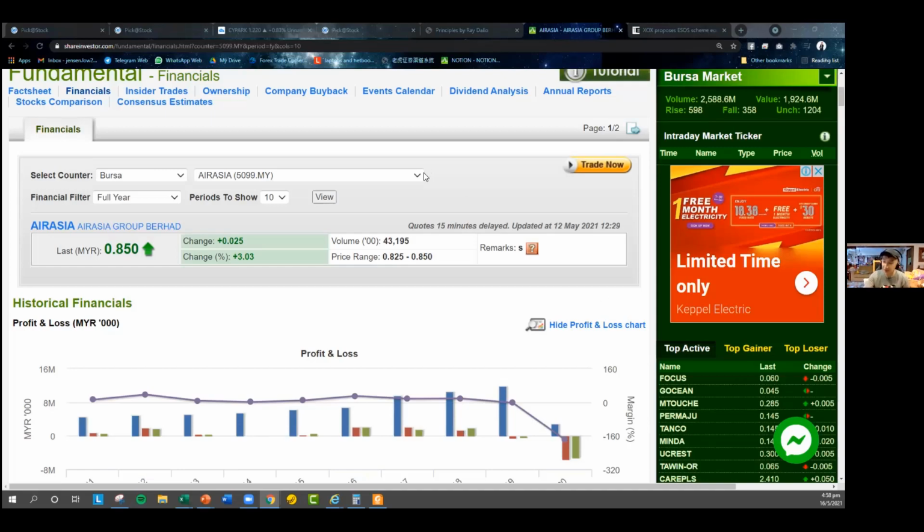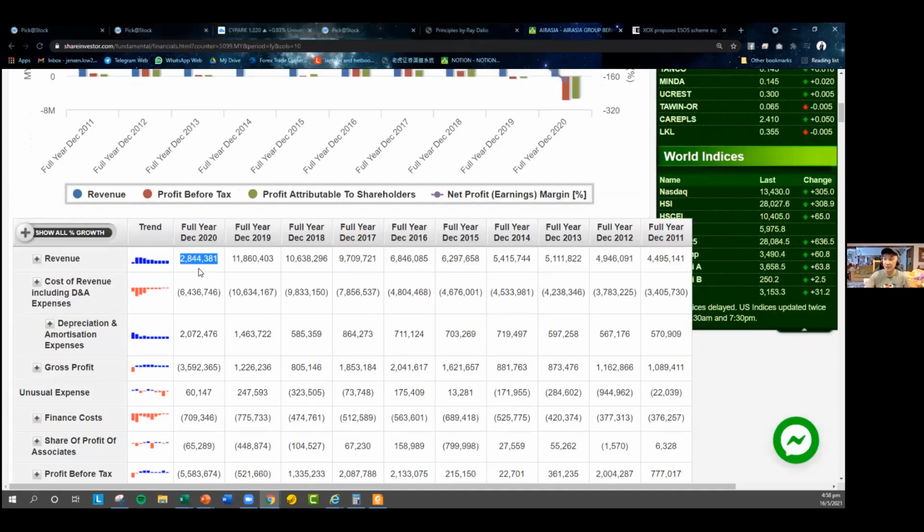Okay. So obviously they are not doing so well because they have no business. But hey, still got 2.8 billion in 2020, right? So the point is, what is Airasia doing? They offer advanced tickets. Offer advanced tickets up to how long? 1 year? I think so. And then what else are they doing?